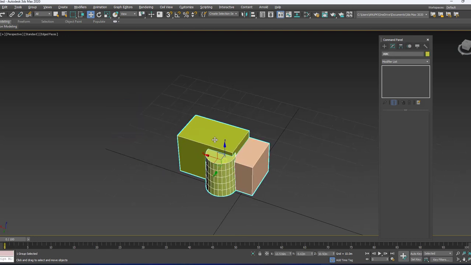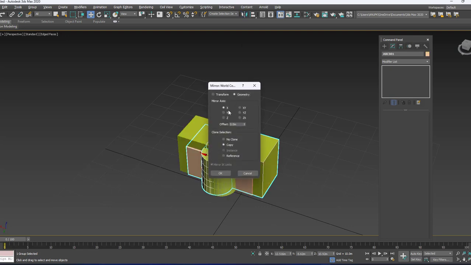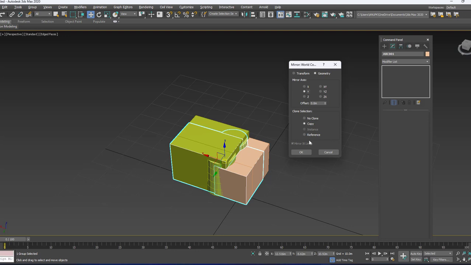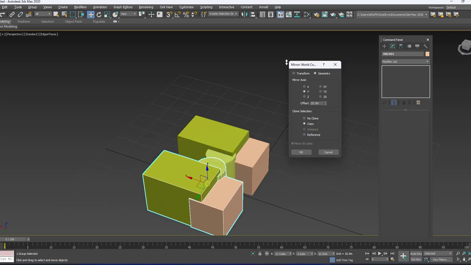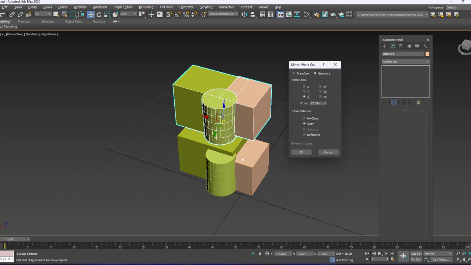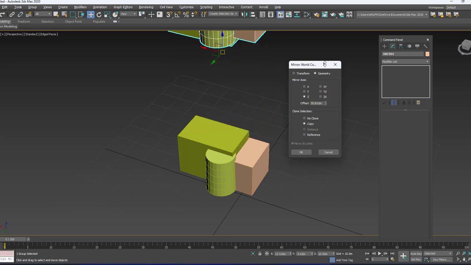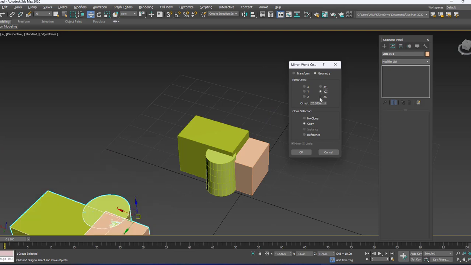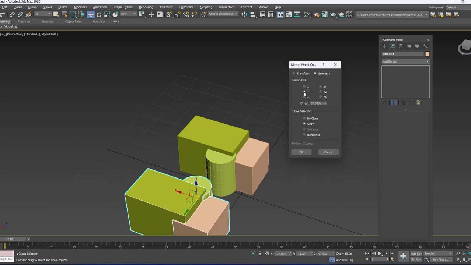Next I click and then you can go to the mirror option. You can even go with any other axis, that is the y axis. Here you can see how you will get it in y, and then click on z. This is how you get it, or else you can go with the xy plane, yz plane, zx plane, like that, depending on the requirement.